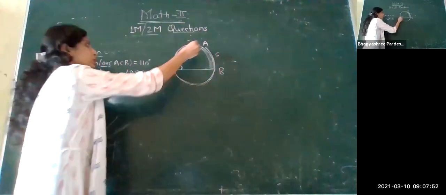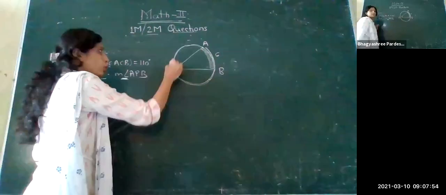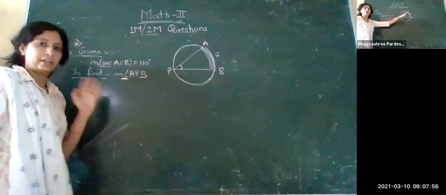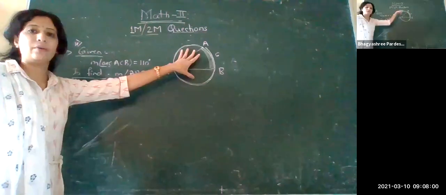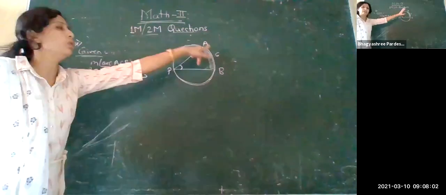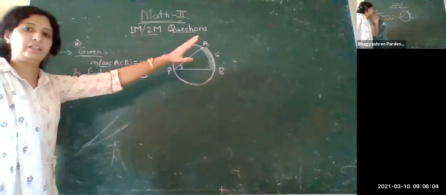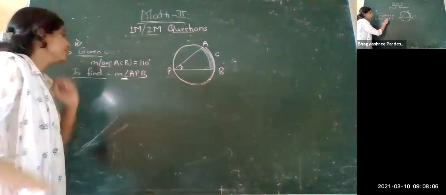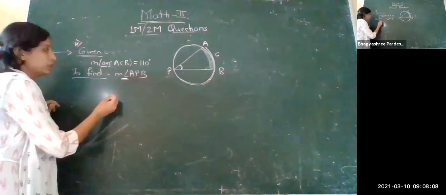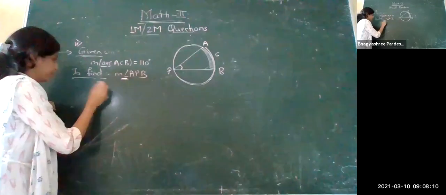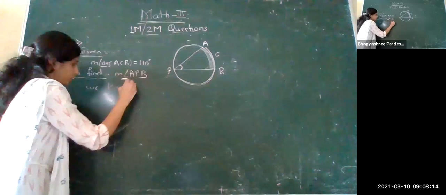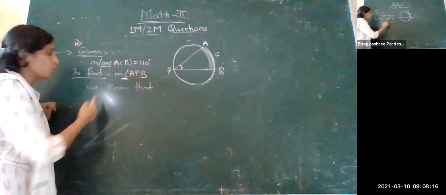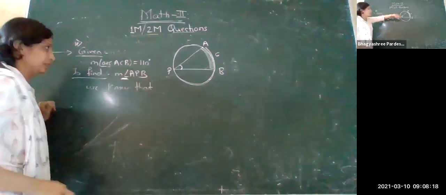The answer is for whatever you are asked. You are asked for the arc, so for the arc, it is right. This is equal to 70 degrees. Since the measure of the whole circle is 360, not 180, that is also wrong. What is here? We know that. No need to write this one since the question is just for 1 mark. But for your understanding, I am writing this.